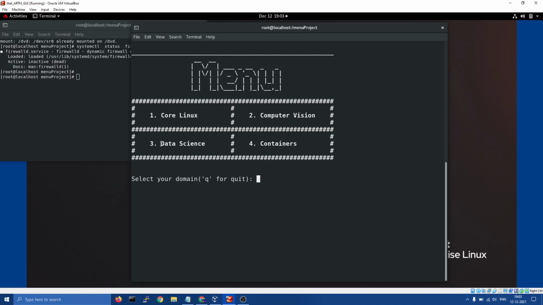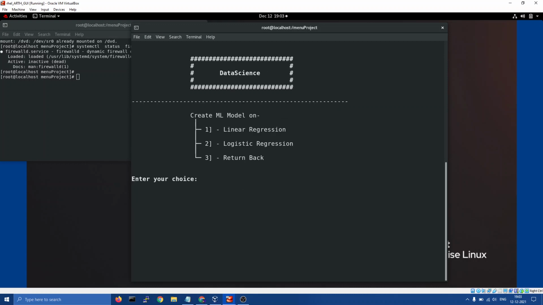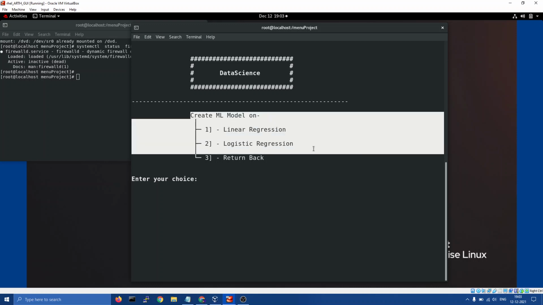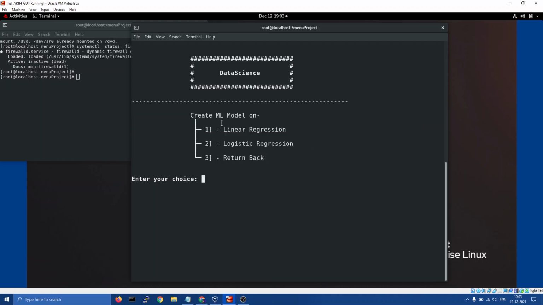Let's move into the third domain, data science. Here I have just added two options for creating ML models: linear regression and logistic regression. Let's go for linear regression.